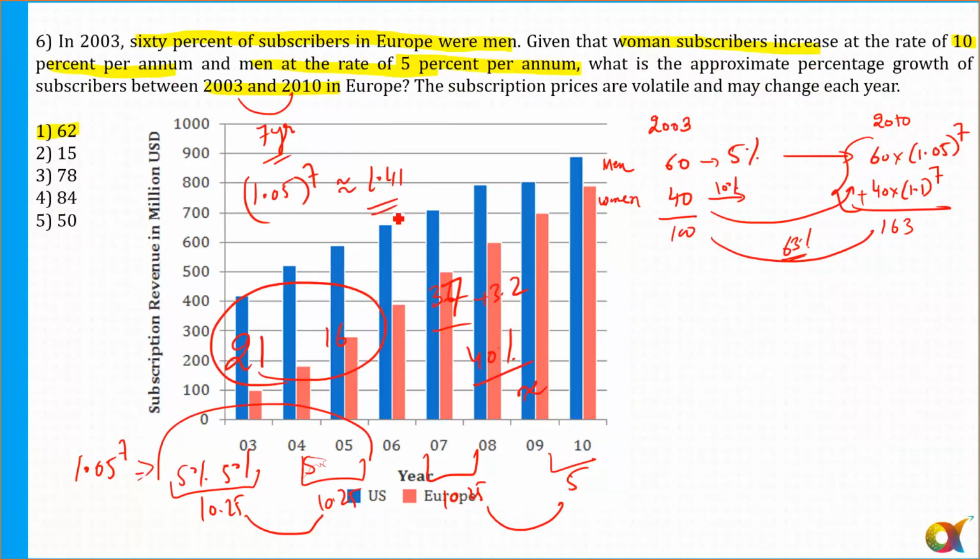Has anyone calculated using the calculator? What was the actual value? 84.42. Nikita, is that what you got? 84.6, and approximately I've got 85. So I hope that you all understand how we can do the calculations in this case. Like 1.1 raised to power 7 is 7 successive changes of 10%. So I can do it easily. 2 successive changes will be 21%, then combine 21 like this.